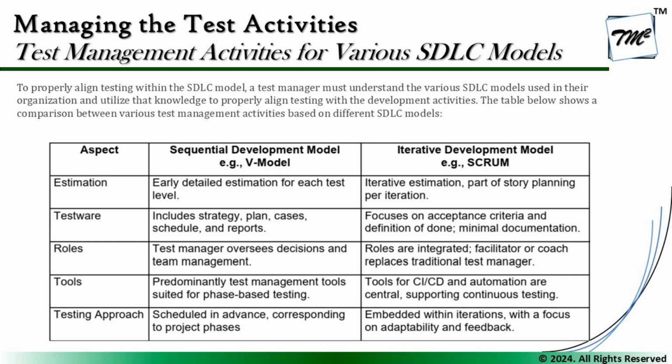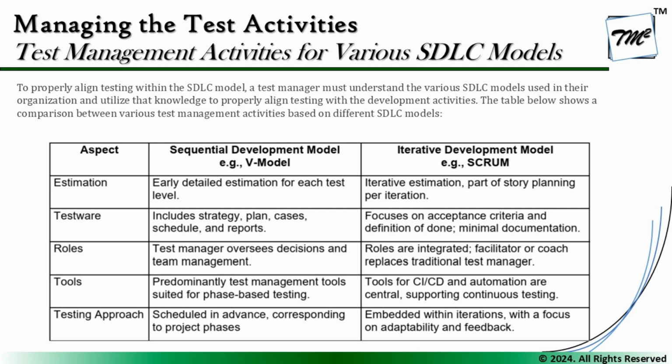Right here, we're comparing two examples: the sequential development model, taking the V model as the example, and on the other hand, the iterative development model, considering Scrum as an example. When it comes to estimation, early detailed estimation for each test level happens here, because in the traditional development model, we look forward to doing estimations much earlier in the life cycle. However, when it comes to iterative development models,